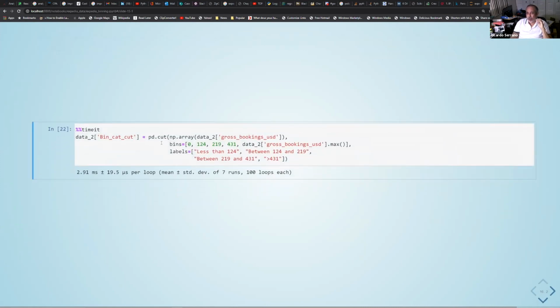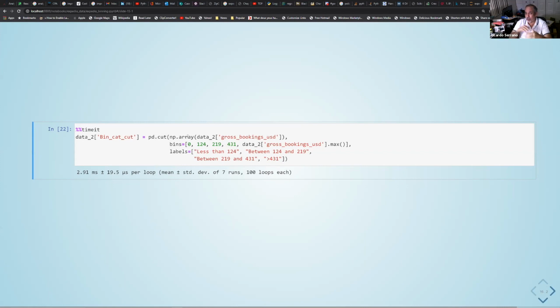So in the cut, what we're going to do is change the type of the data frame into a NumPy array. Why do we do this? Speed. That's the reason why we're doing it. In general, when working with pandas in the data science field, one of the things you can do to optimize your code is to see how much NumPy you can use, because it's faster.